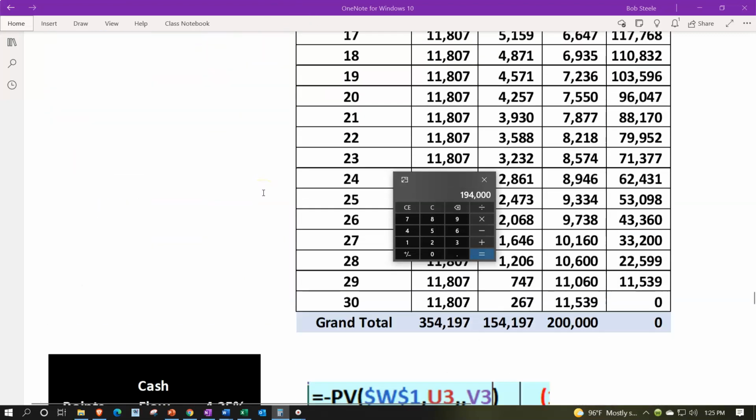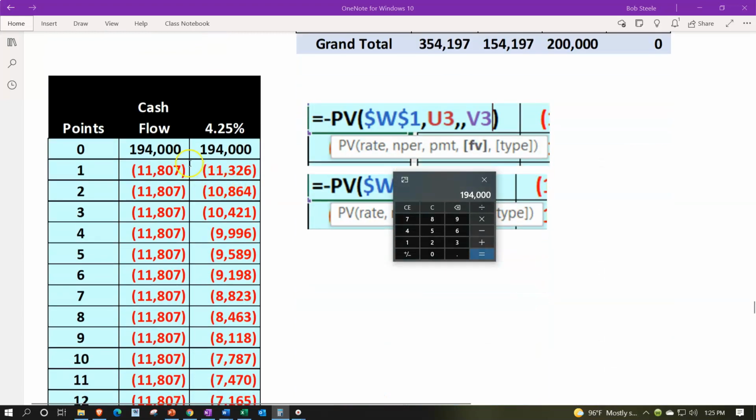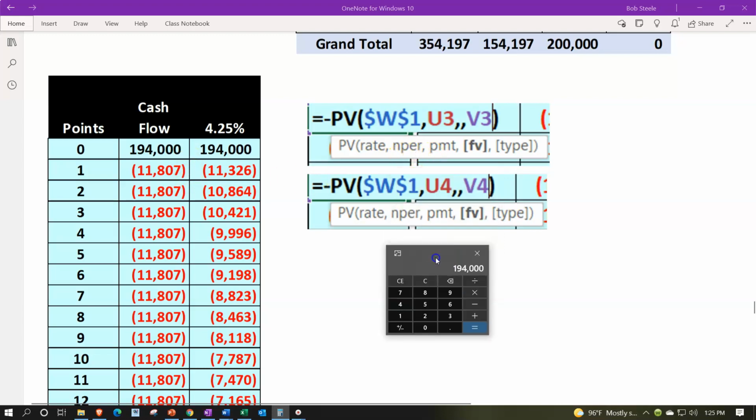So that's where the twist comes in. That's where the issue comes in. So the net cash flow is really 194 in period 0. And if I was to take the payments of the 11,807, discount them back, first one, for example, negative present